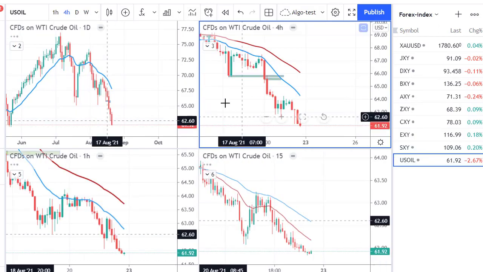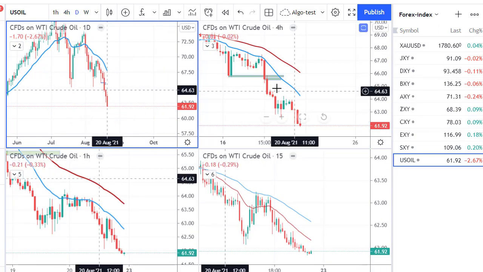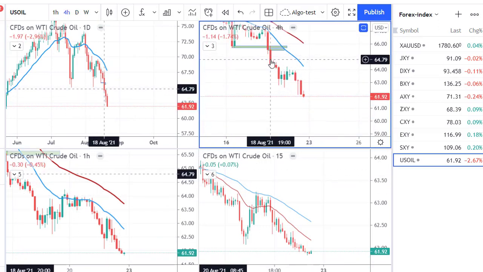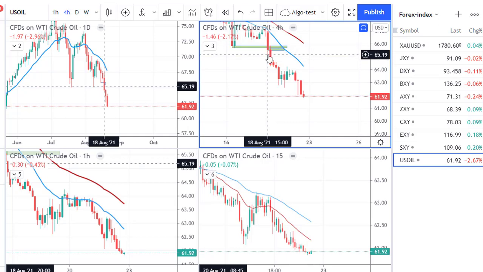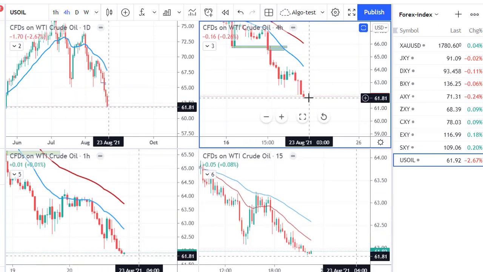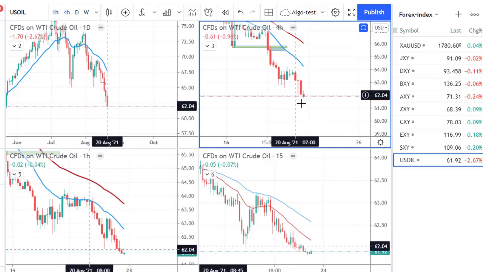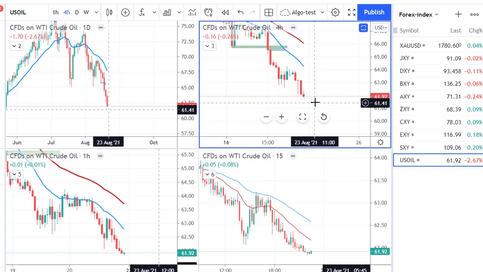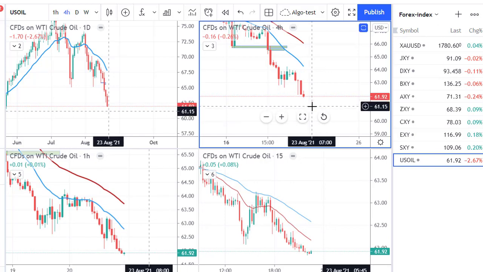Now I also have the oil in here, and as you can see, the oil simply just fell out of the sky. And as I tweeted when I took my short trade in oil, it went down to 1.5 times my initial risk, and I took it off Friday. If it hadn't been Friday evening, I might have been letting it run, because I think the oil will drop further. The Delta variant is definitely putting a strain on the demand for oil, and combining with that, the OPEC